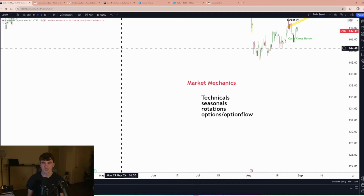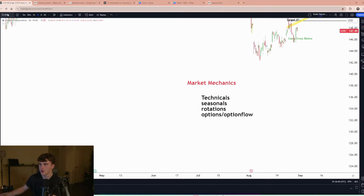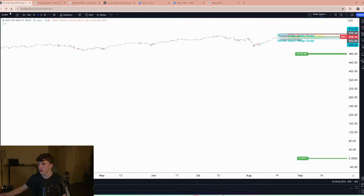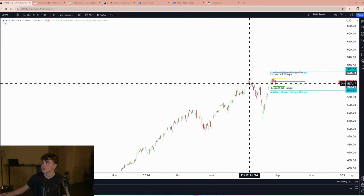The next perspective is a seasonal perspective. On the RADER report, I have built this tool where you can see the seasonality for any stock that you choose, really, that has a seasonality. Right here, the overall market SPY over the last 10 years, you typically see some sort of top in late July or early August. And who could have been surprised when the markets this August started to come up to a high? And guess when it was? It was late July,